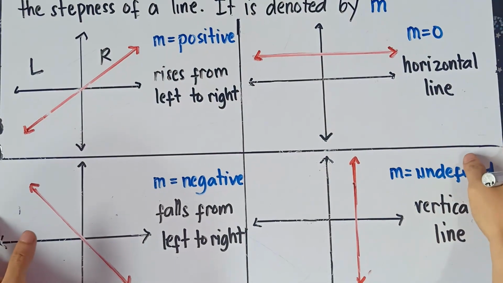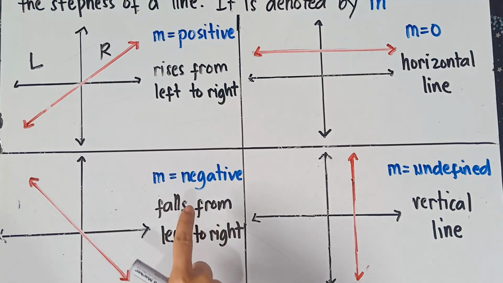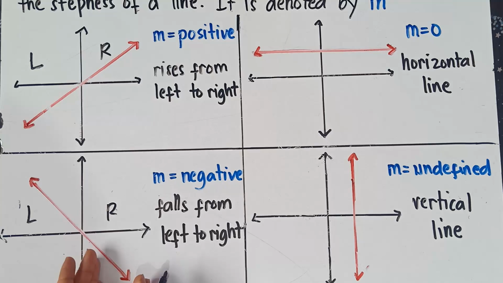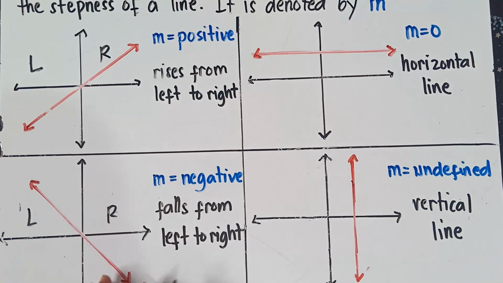Now, if the arrow falls left to right, once again, class, as we can see, this is left and then this is right. Left to right, the arrow falls. Therefore, class, our value of the slope would be negative. Simple as that, class. Just based on the given graph, you already have the idea that your slope is positive or negative. So if you have an example like this, left to right, the arrow is falling, therefore, class, the slope is negative.